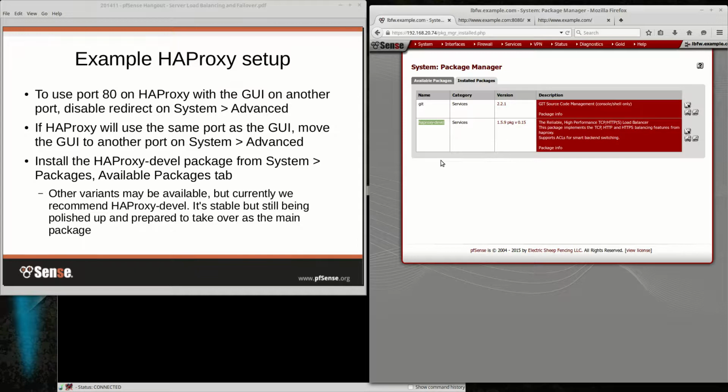On 2.2, it's the only option. And on 2.1.5, it's really the best one to use, even though it says devel. It's just a matter of getting that synced over to the main HFProxy package. And then the devel might take off in some other direction. But for the moment, it's the one to use. It's the one we recommend, just because of the features it has. It's a lot newer version of HFProxy, and it can do a lot more with SSL than the other ones can.